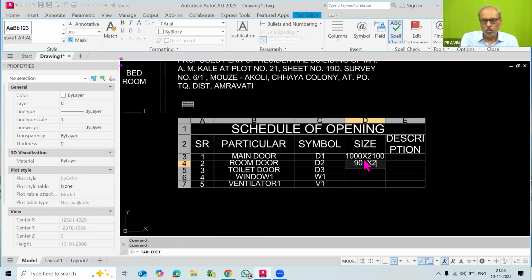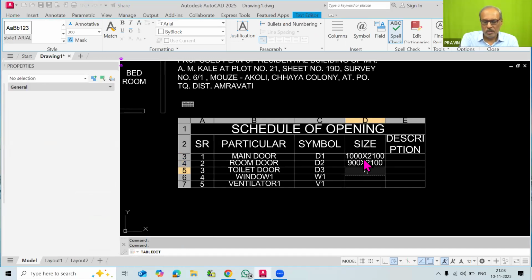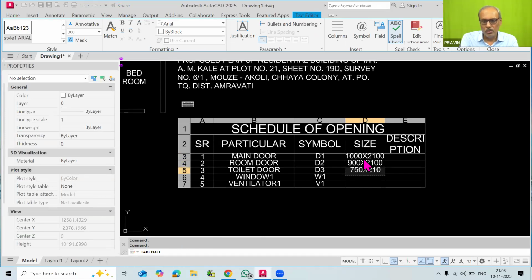So 900 by 2100, then 750 by 2100, and then 1500 by 1200. So I have taken one window and then the ventilator, which you can make 900 by 600. So this type of sizes you can check.